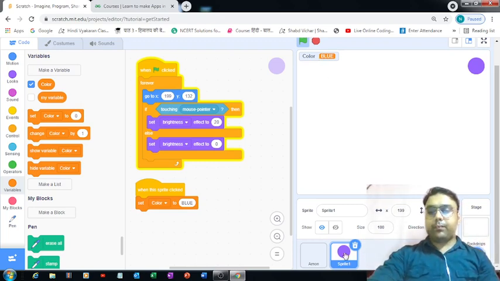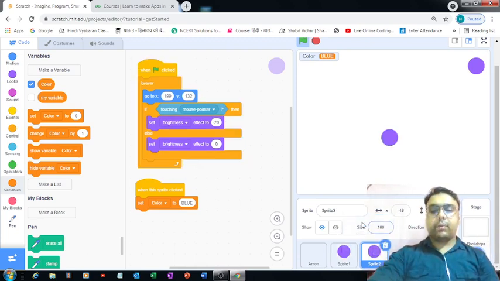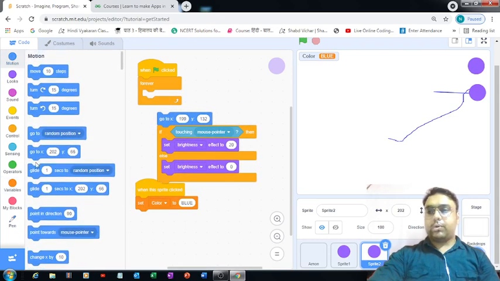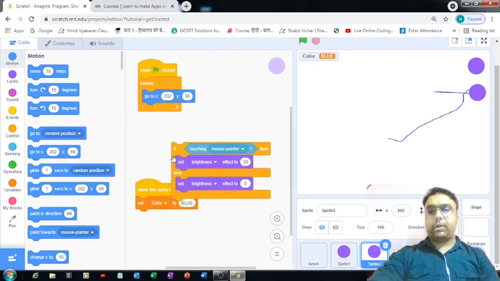Now we can simply right click on this sprite, and in order to create a copy of this sprite, we can hit this duplicate option. So a duplicate will get created. I would like to put it over here. I think here it is fine. Perfect. Now what is the location? I need to change this. Go to its block. I am selecting this one for now, eliminating the first one which I placed earlier.